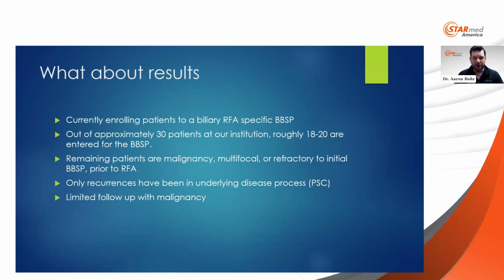So we're currently enrolling patients into our specific benign biliary stricture protocol. We've done approximately 30. This was, again, a few weeks ago when I was building this. We've done a couple more. I did one last week. About 18 to 20 are entered in that, meaning the extra 10 are either A, malignant, B, they were already a failed benign biliary stricture protocol, which I will say that's the biggest eye opener for me was that statistic. So out of the few, again, it's not anything I can translate with any power to